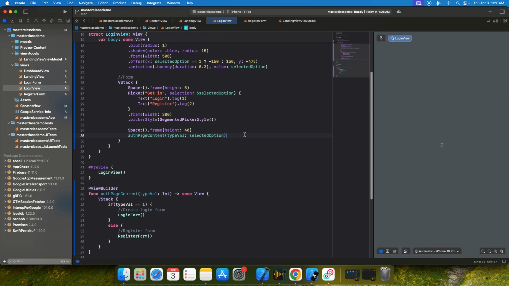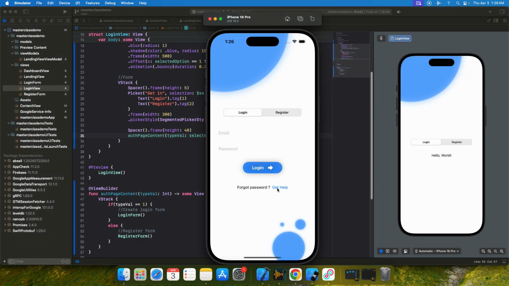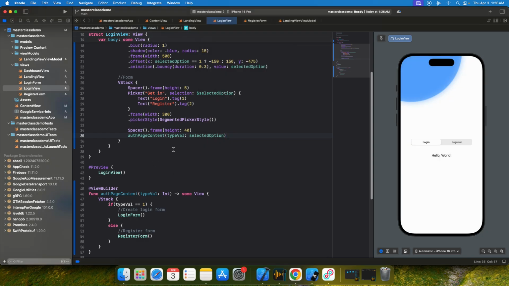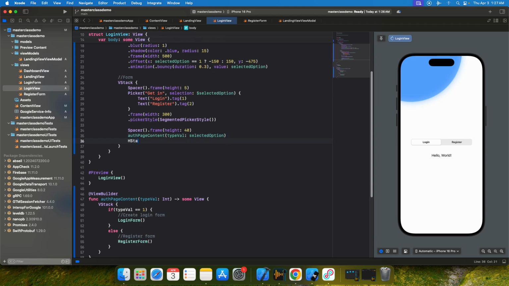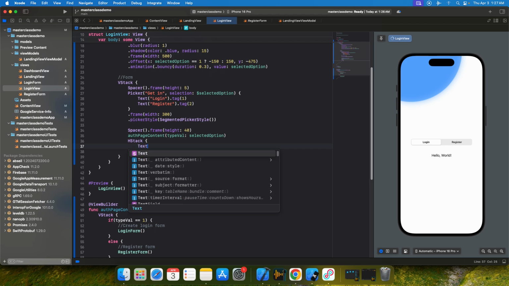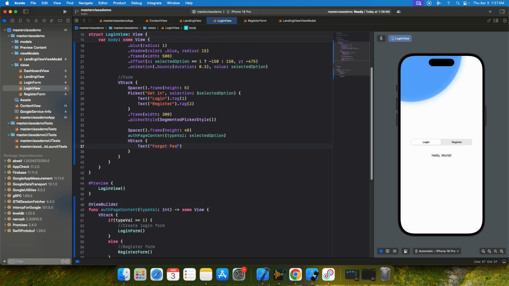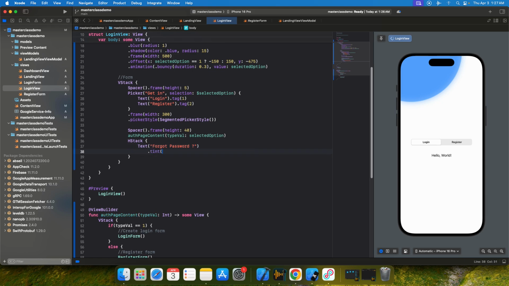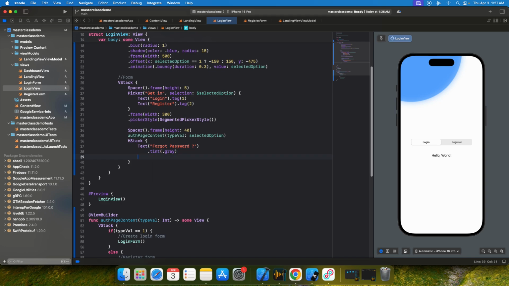And the next thing we'll need to do is this forgot password, get help. That's simply an HStack. That's it. So what I'll do is I'll do HStack, Text forgot password, font system size 15